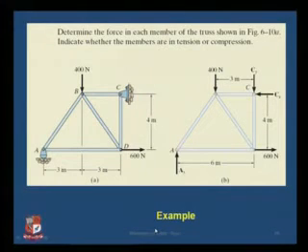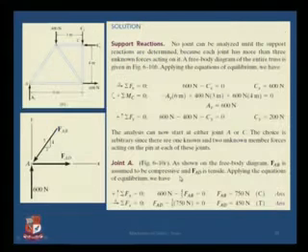In the third example which you see, I have combined two forces together, that is, a vertical force and a horizontal force, both acting simultaneously on the truss, and I want to determine the force in each of the members. Because the support reactions are unknown, we will first draw the free body diagram for the truss, where we have Cx and Cy as the two components from the hinge support and another Ay component from this roller support shown here, which we first need to find out.